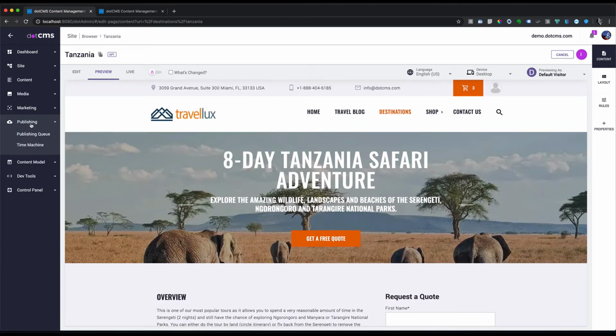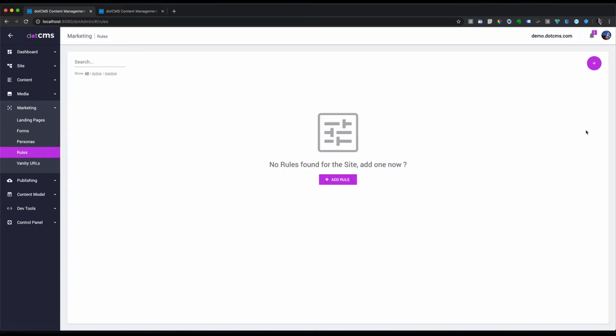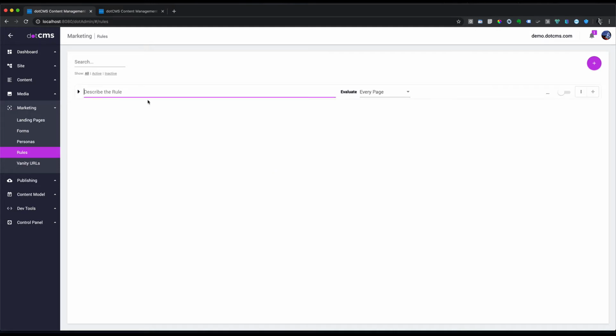How would we set up an automated, if someone had visited this particular page because they were interested in that destination, how would we automatically associate them with the persona that we created? So here we have, under marketing on the left hand side, a rules engine. So we can set this rules engine up on a single page, and this same exact rules engine appears on page properties in the rules tab. Or I could set up a rule site-wide. So I can set up my Safari visitor rule,